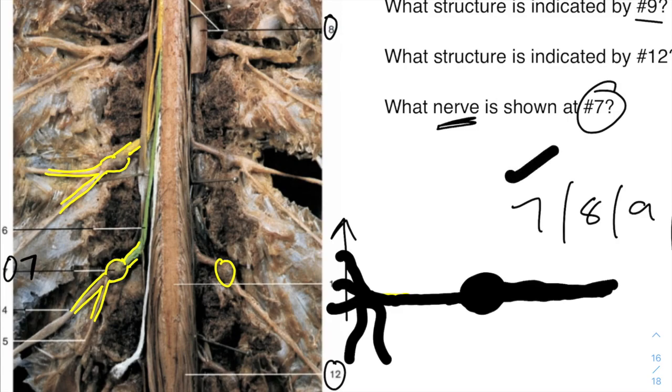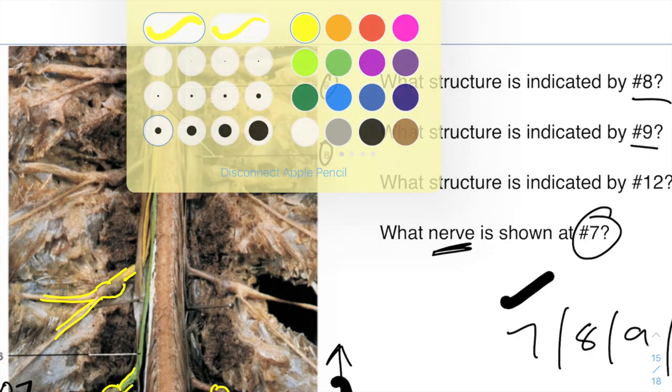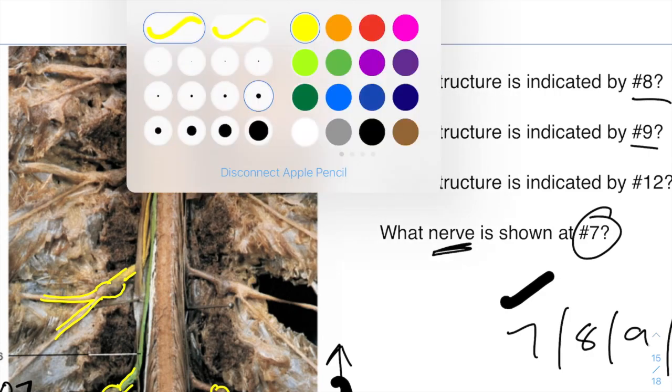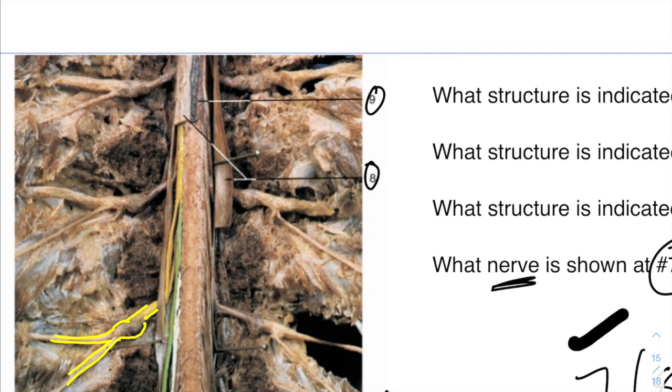So next one, that was number 7, and next one, let's go to number 8. So number 8 shows this little skin, basically the skin of the spinal cord. Now you look at the skin, it looks thicker, more durable,